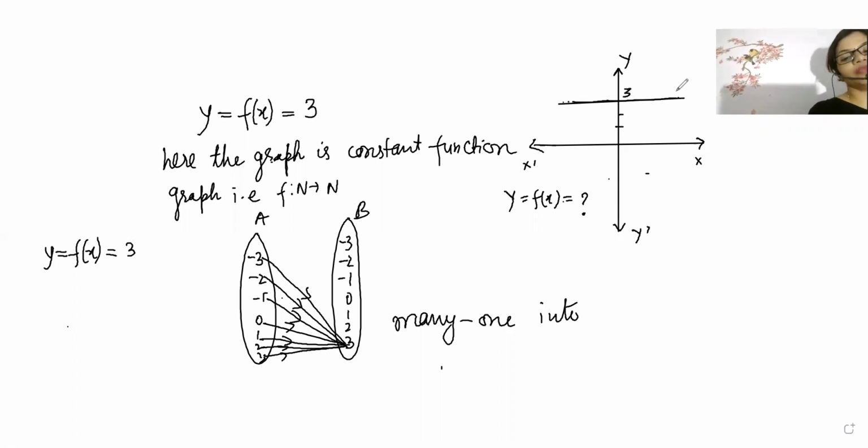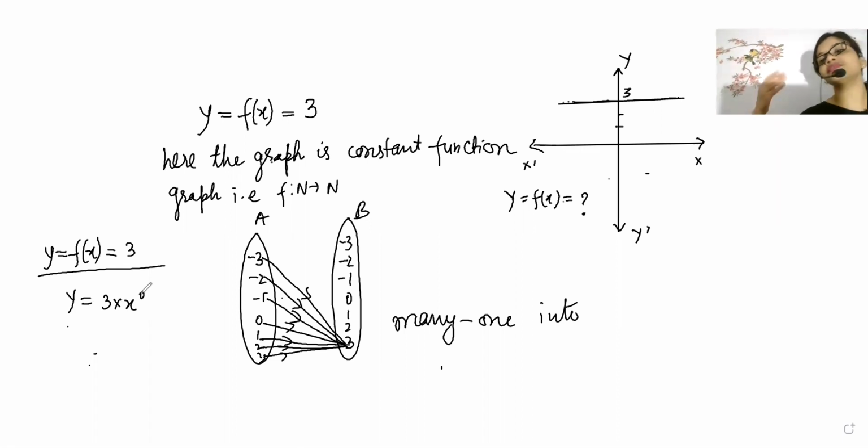Now, next important point here is y is equal to 3. Now, since y is equal to 3 you are getting, now you can write it as y is equal to 3 into x to the power 0. Because beta there is no x. So since there is no x, is it not dependent on x? No, it is literally not dependent on x. Constant function is not dependent on x because you see this line is going parallel to x-axis. This line is moving parallel to x-axis. So to be very frank, it can stay without x value.